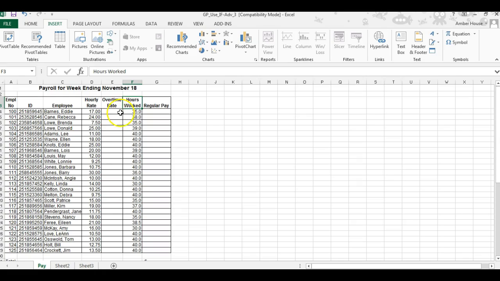In cell E4, right here, we're going to calculate the overtime rate. The overtime rate anywhere you work is going to be your hourly rate times 1.5. Anytime you write a function, it always is an equation. It starts with equals, and we're going to do hourly rate. So we're going to click on D4